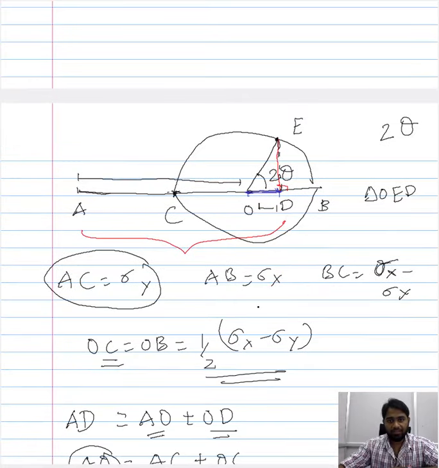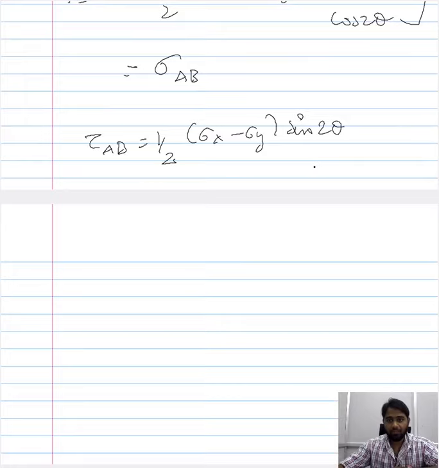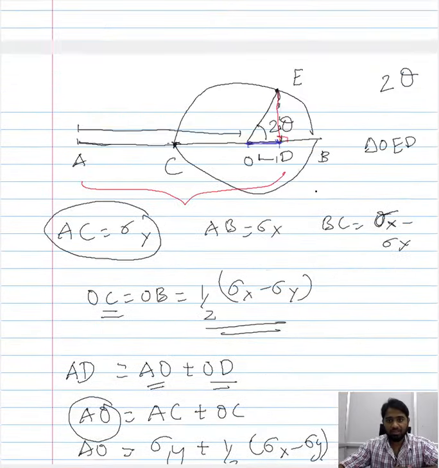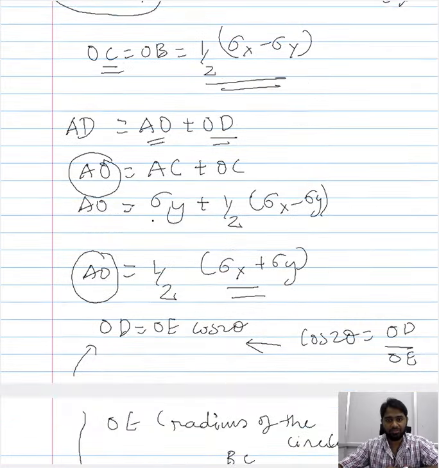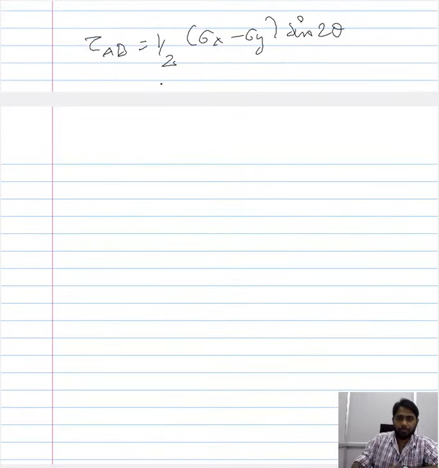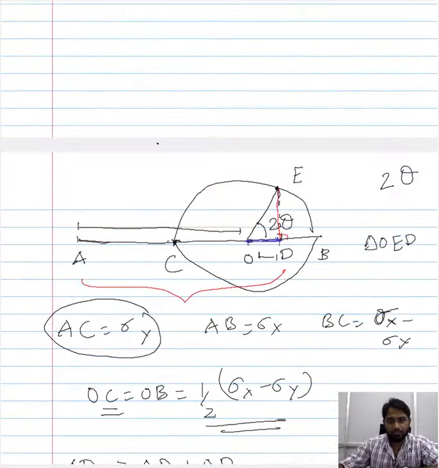We have the 2 theta here, so we have to introduce the 2 theta. We have already considered cos theta. The cos theta relates OD to OE. So one other side of the triangle that is left for us is DE. Let us now try to express DE in terms of all the parameters and components that we have introduced into this graphical representation. So DE, as you can see here, is a part of the triangle OED.